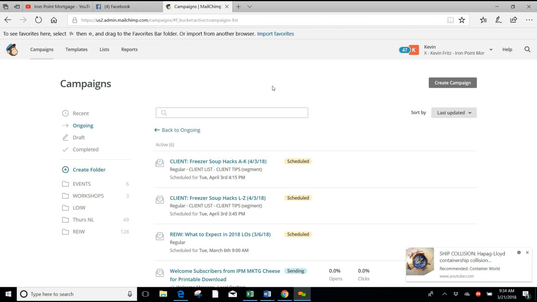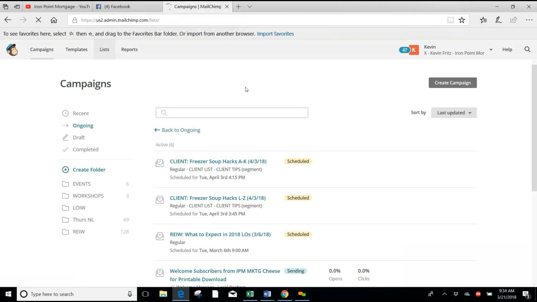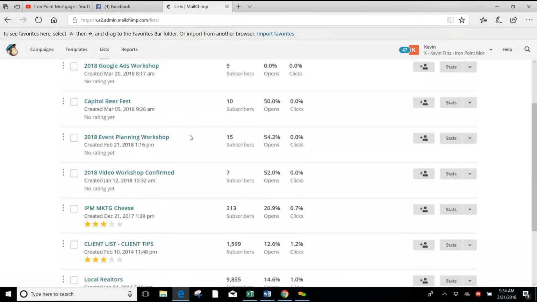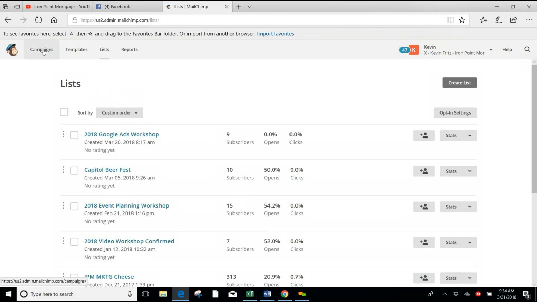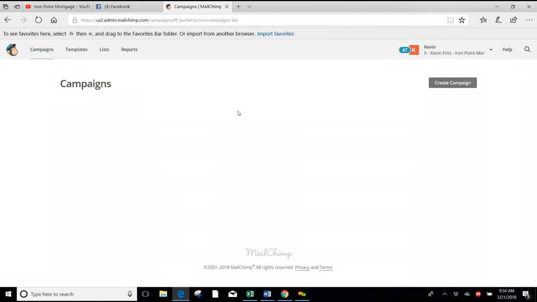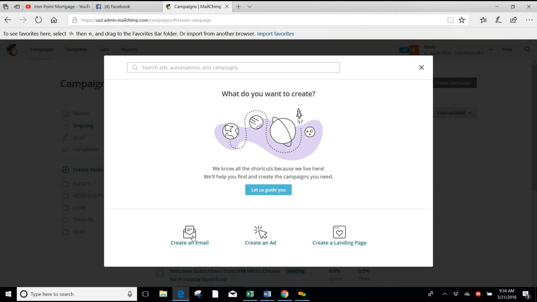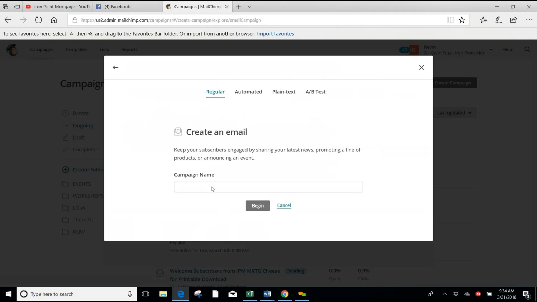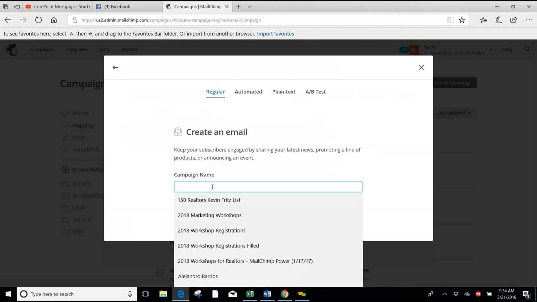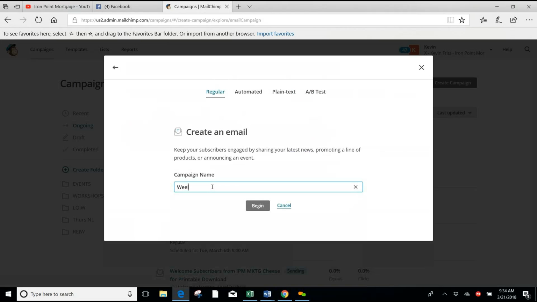So we're going to kind of switch screens here and there. You should be able to see my screen. I'm in my MailChimp account, and you can see I'm in campaigns. I have my lists all uploaded. So you can see here I've got my lists. I'm going to go over to campaigns, and I'm going to create a campaign. And I'm going to go down here, create an email, and I'm going to name it something to go along with my weekly video to past clients. As an example,